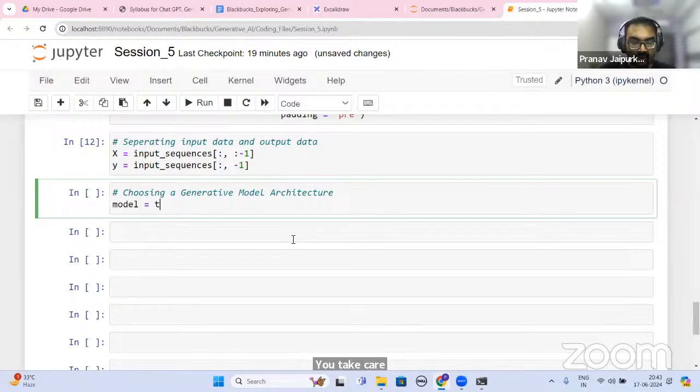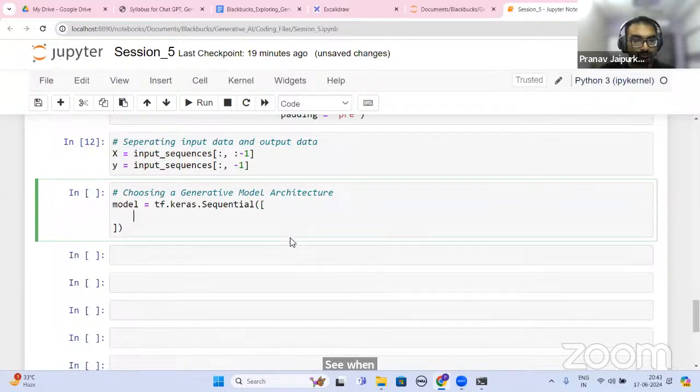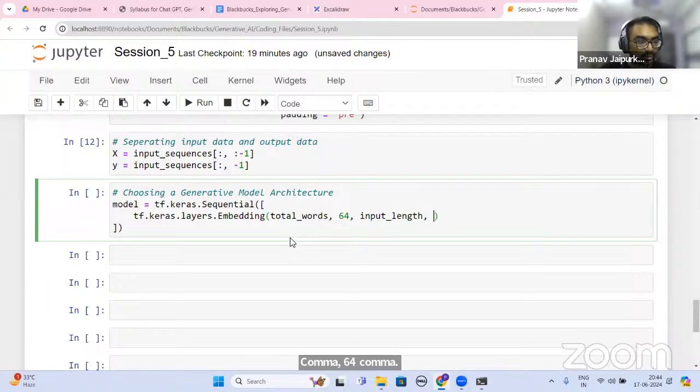So model is equal to tf.keras.Sequential, tf.keras.layers.Embedding(total_words, 64, input_length equal to max_sequence_length minus 1).